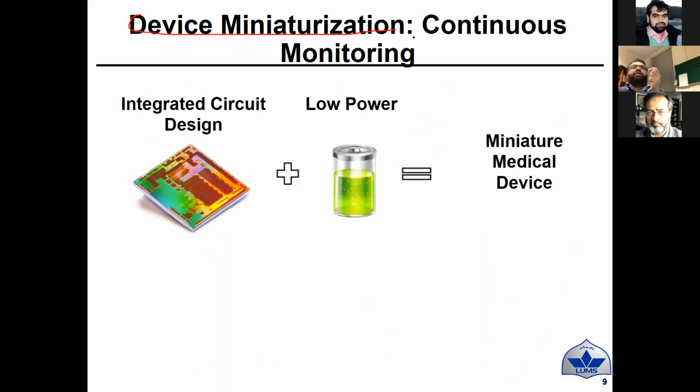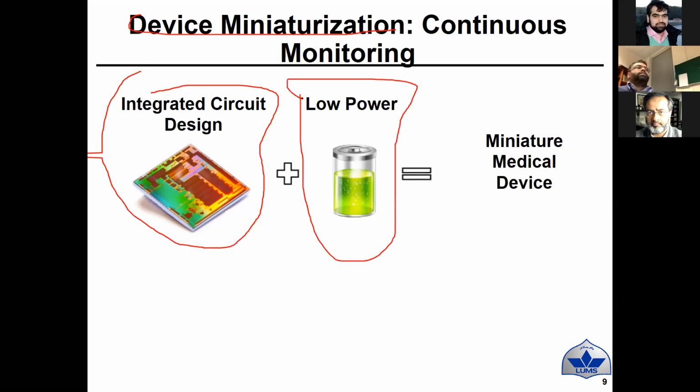We want something the way your mobile phones are made. We want something where your processor is made, which we normally call integrated circuit design. Like ICs, we want to work inside the ICs: how the amplifiers are working, how the processing is happening. And then we want to operate them with very small power, so we call it low power operation. And that's something which I call my neutralized medical device.